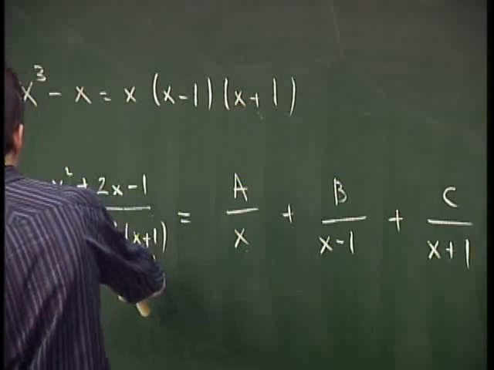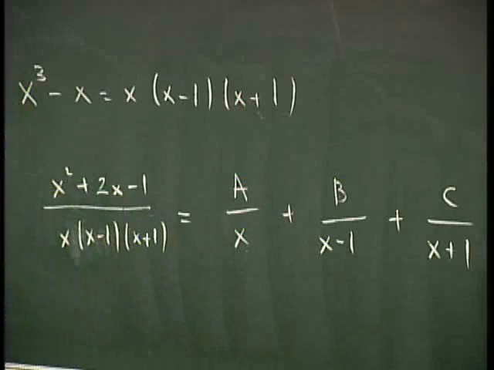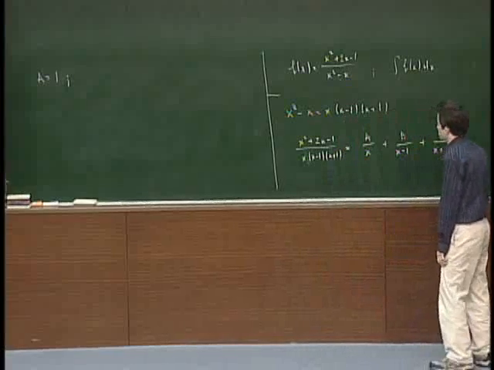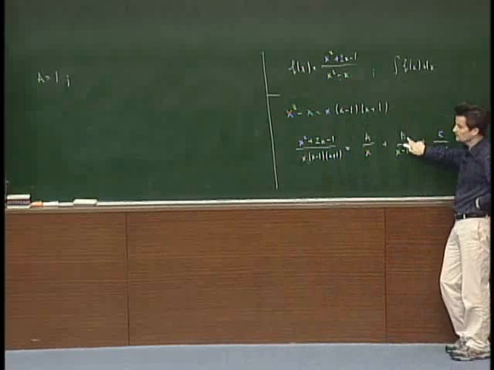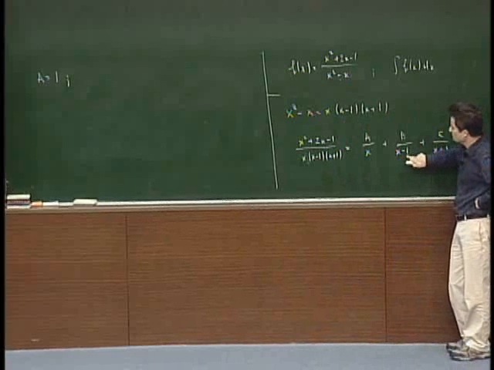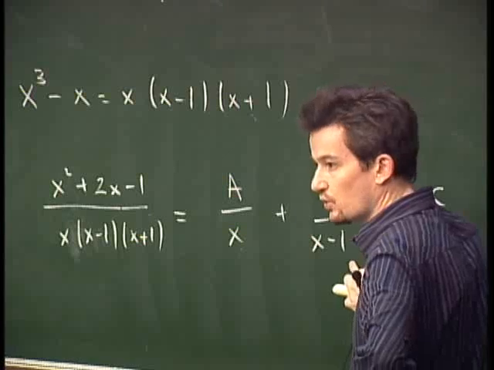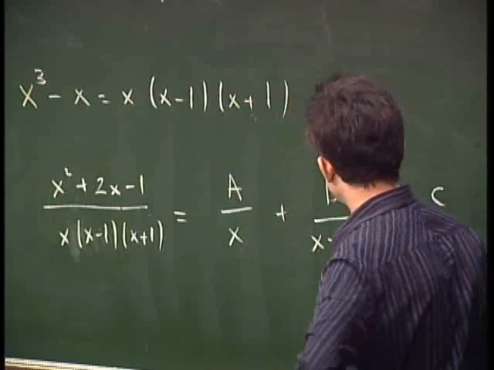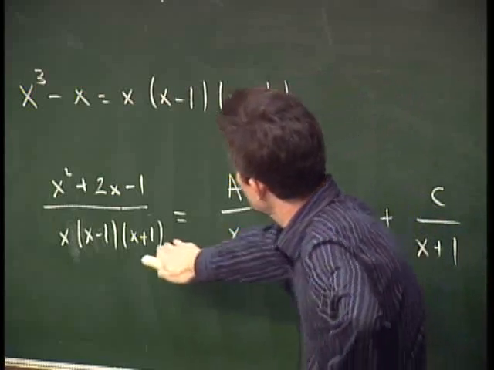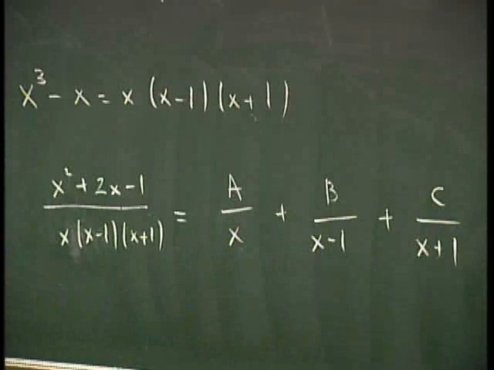So here you have minus 1 and 1. So a is 1. Now, if you want to have the b, you just use the same idea. You multiply everything with x minus 1 and plug in x is equal to 1. Then this one disappears, this one disappears. Okay, and you just have to plug in here. So b is equal to,